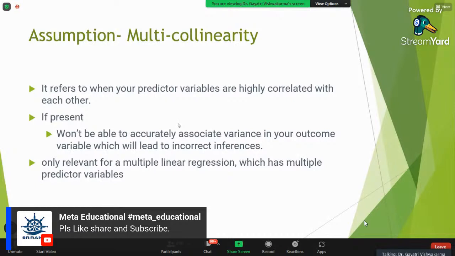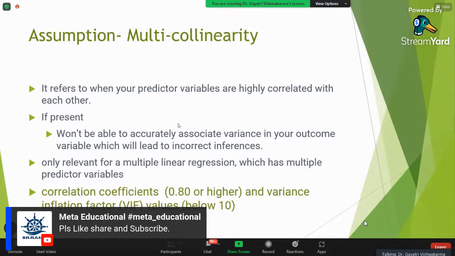So how to find out this multicollinearity? We can find out by the correlation coefficient. If the correlation coefficient is very high between the predictor variables, remember, we are not talking about the relationship between X and Y. We are talking about the relationship between X1 and X2, X1 and X3, X1 and X4, X3 and X4. So we have to check through the correlation matrix, right?